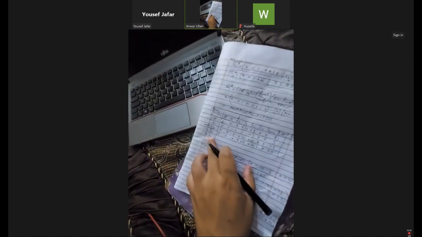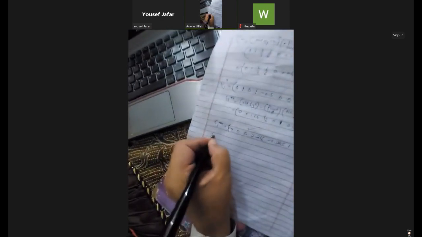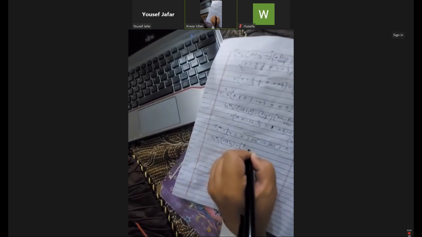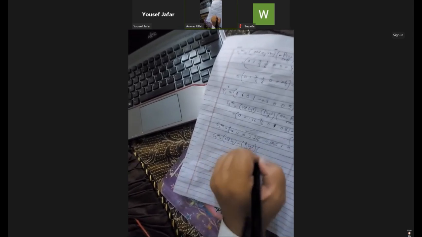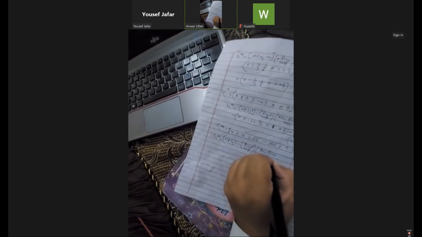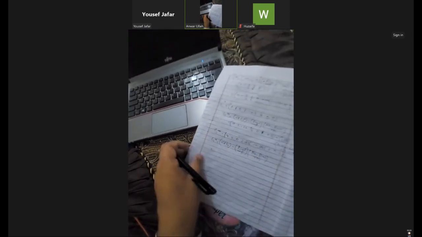Now we update the S4 row. So the S4 mean is equal to old S4 minus pivot coefficient into new pivot row. Now the old S4 can be written as